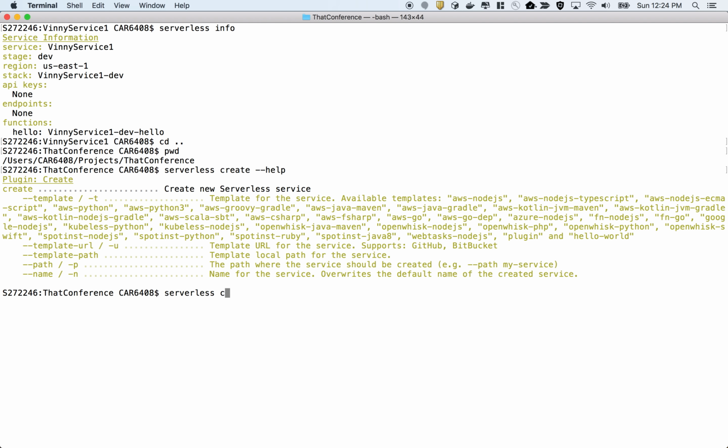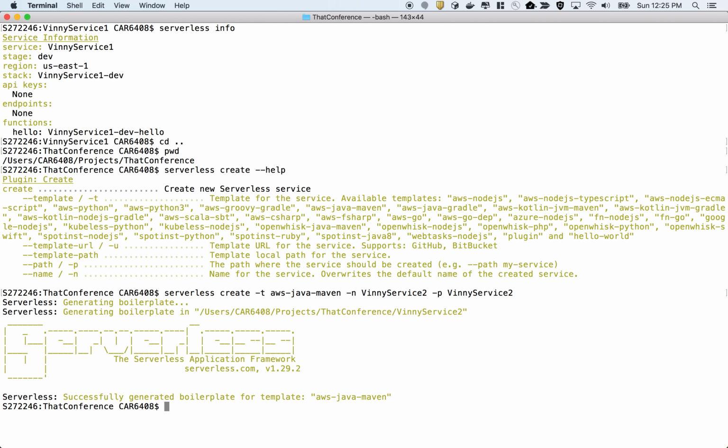We'll just say serverless create template is AWS Java Maven or Gradle. I'm going to do Maven. I know that all the Gradle folks in the room are groaning right now. Sorry about that. Let's call this Vinny Service 2 with the name of that and a path of that. Vinny Service 2. And if I go into Vinny Service 2, and let's